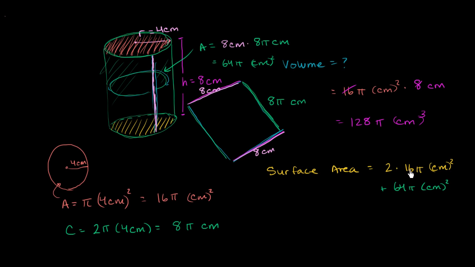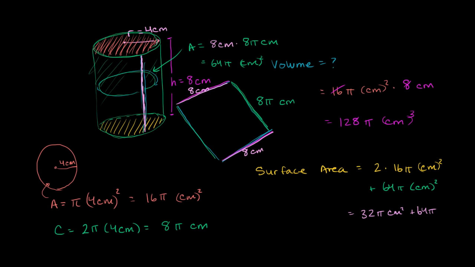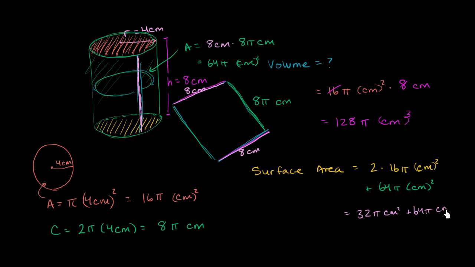So 2 times 16 pi is going to be equal to 32 pi centimeters squared plus 64 pi centimeters squared. And then 32 plus 64 is 96 pi. 96 pi centimeters squared. So it's equal to 96 pi square centimeters, which is going to be a little bit